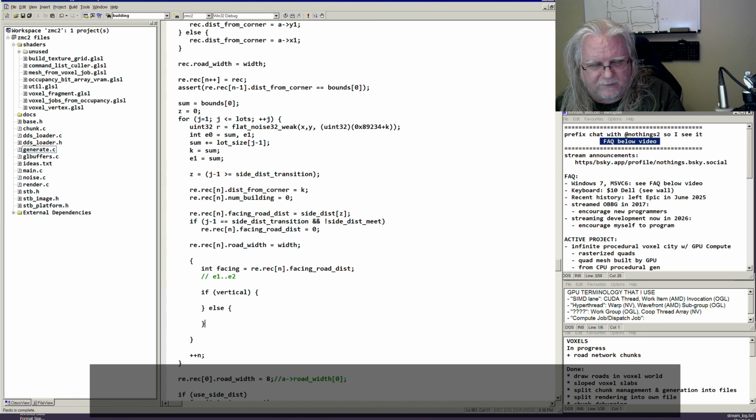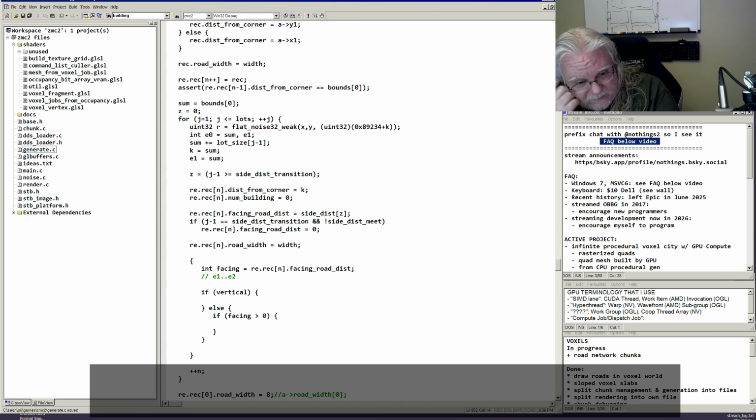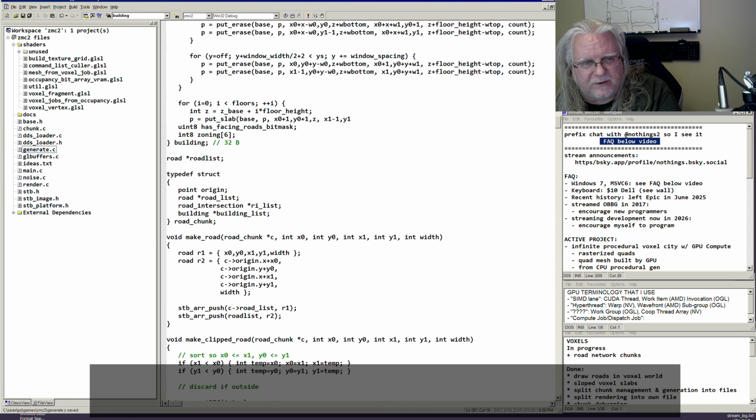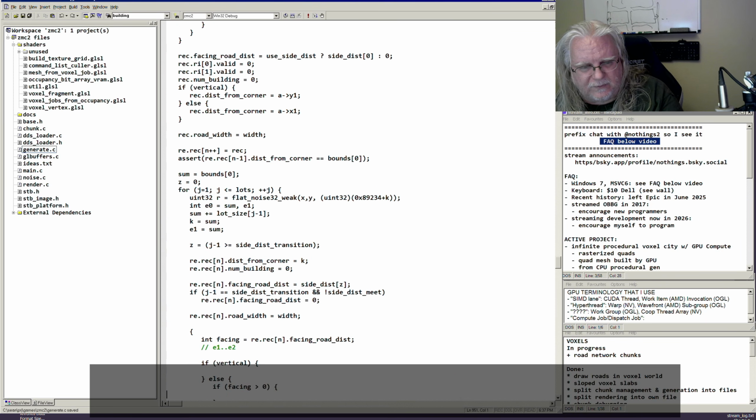Let's do the horizontal first because I can reason about it more easily, I think. So if we have a facing road, then this is easier. We have a min lot size, so we use the split thing. Generate pieces. And we're going to generate,